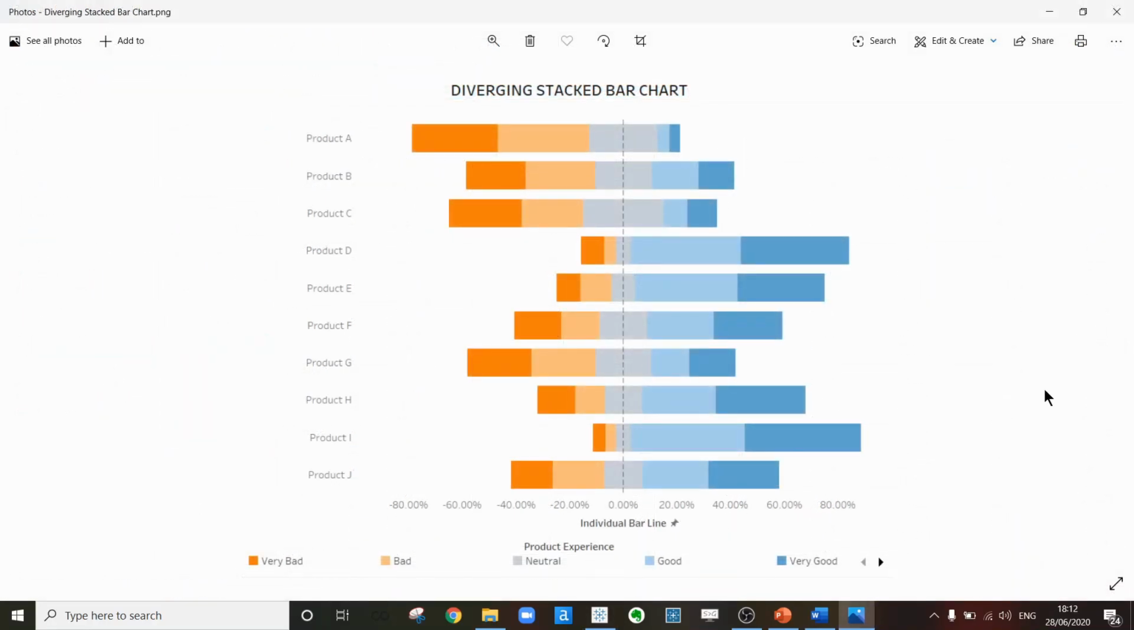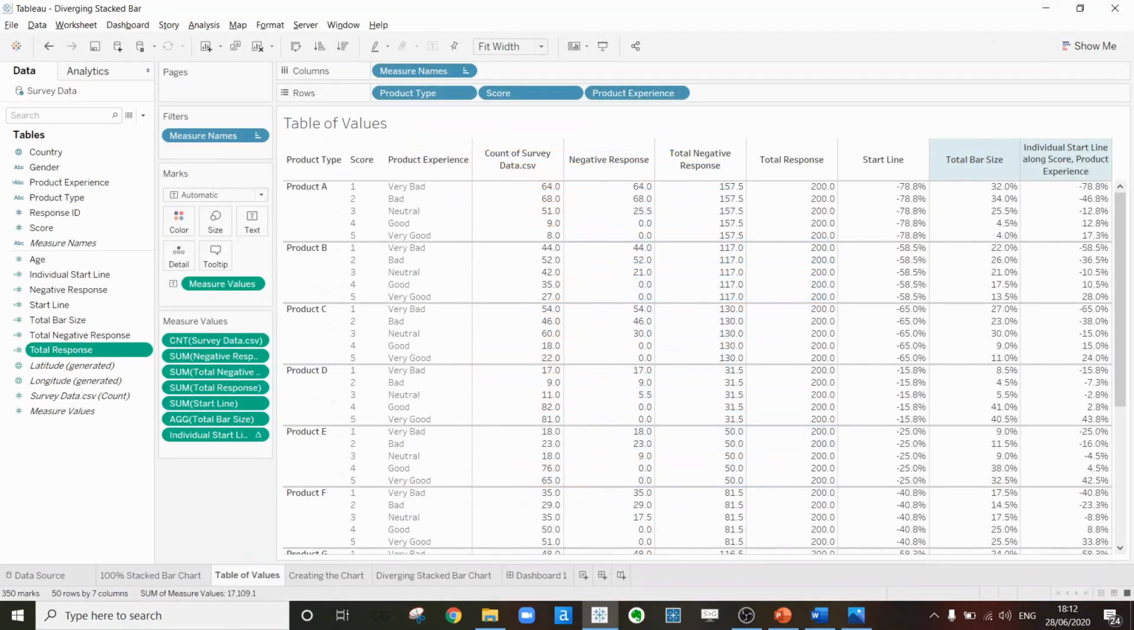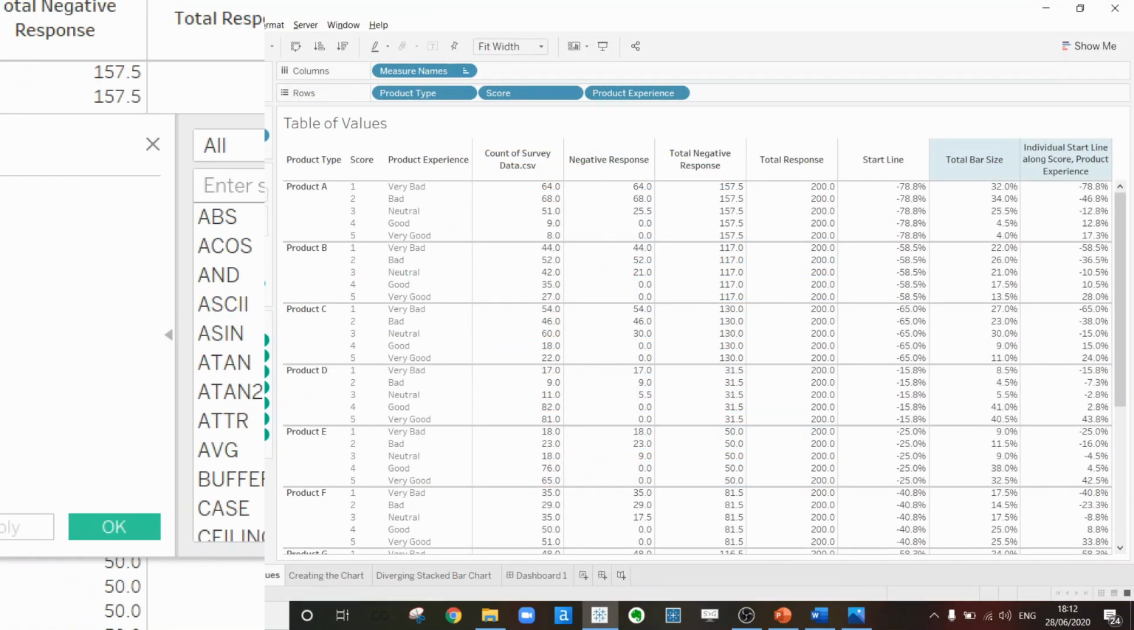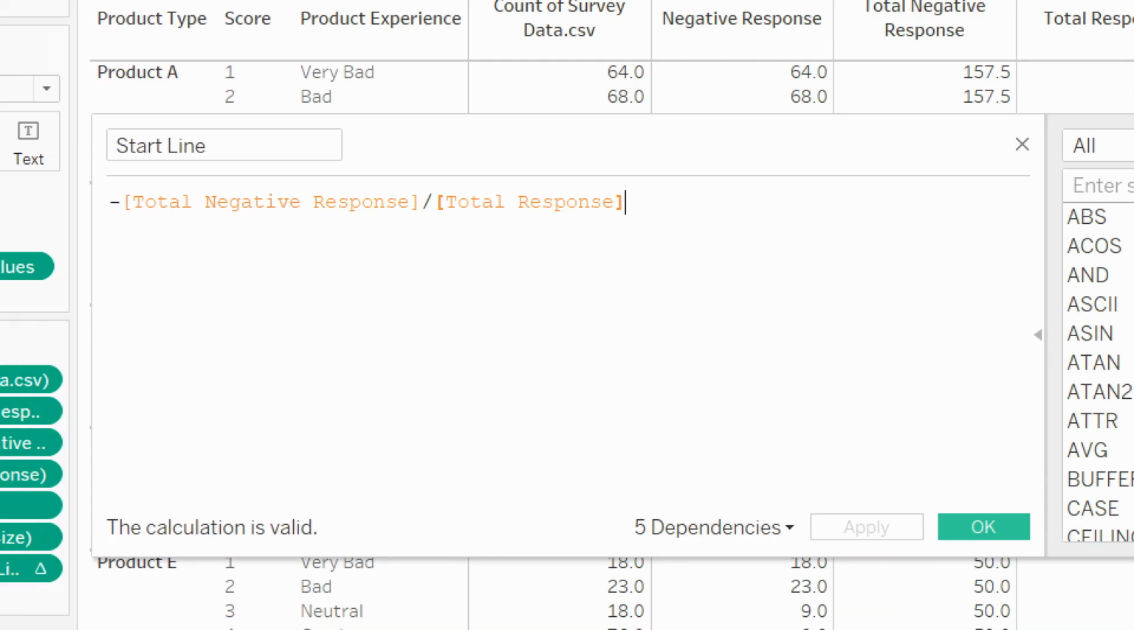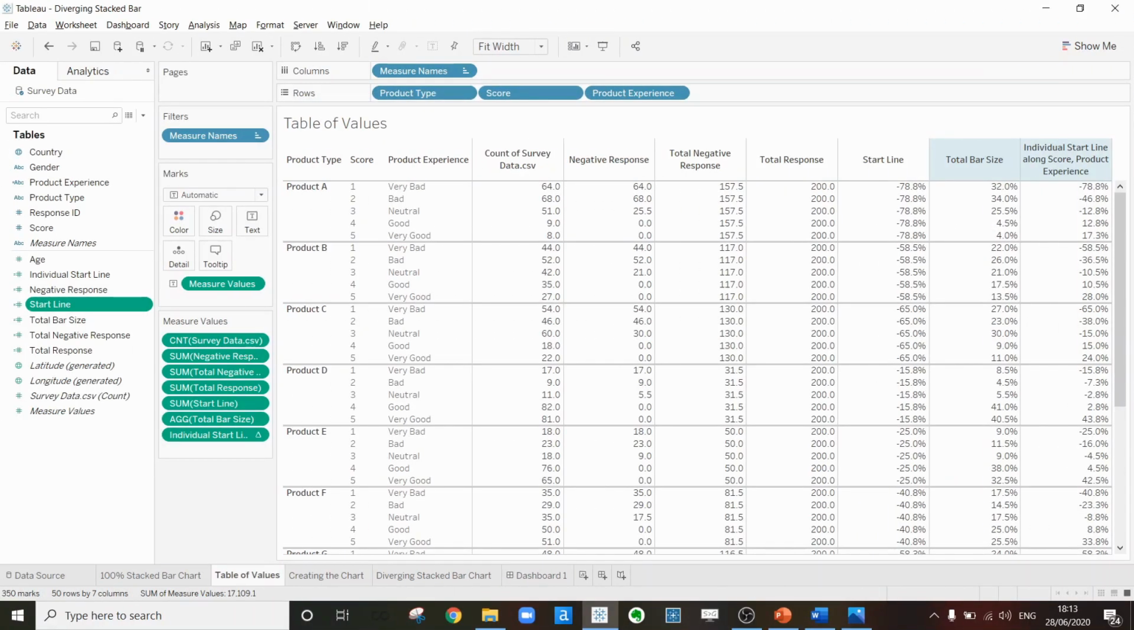Using these, we need to create a 0 line for each of our stacked bar to diverge from. For this, I've created a calculated field called start line. This is a negative total of the negative responses because we want the negative responses to be on the left side of 0, divided by the total responses. This gives us the value which we can use as the 0 diverging point for each product. I've then formatted this to convert it into a percentage. You can see here that the starting point for product A is 78.8%, which makes sense because most of the